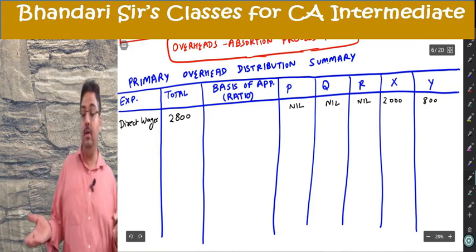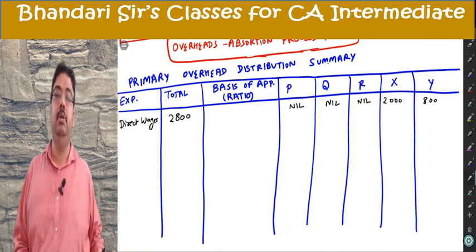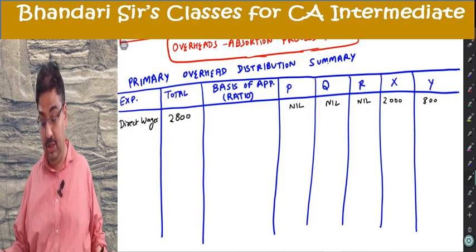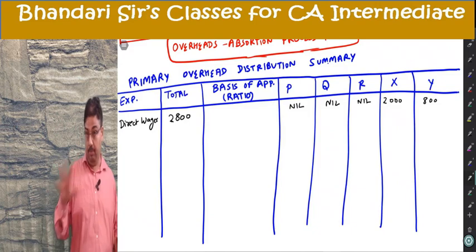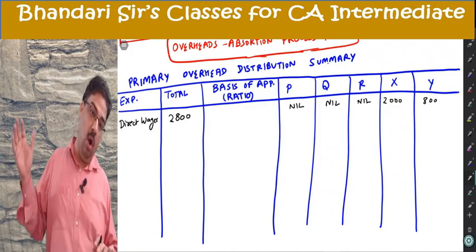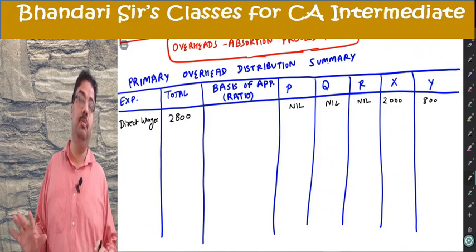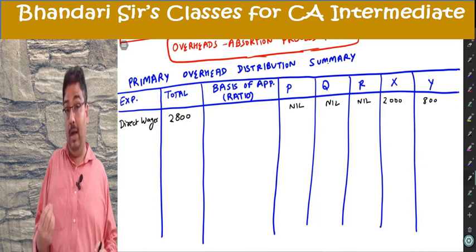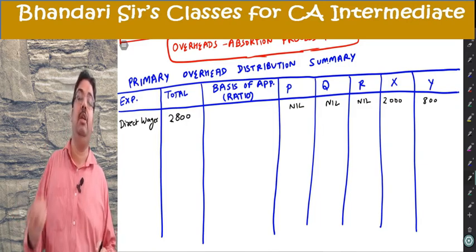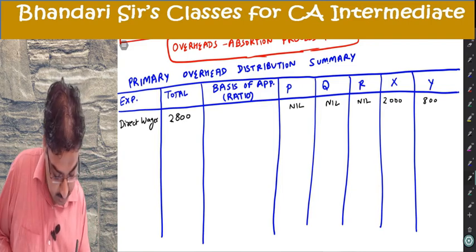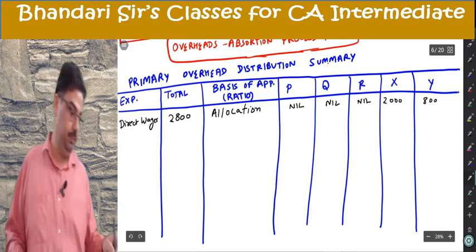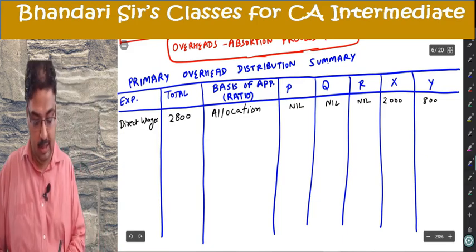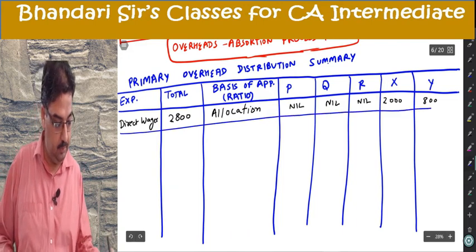Why are you given direct wages of other departments? To get the ratio for indirect wages or anything else, like sundries, for which it is used for reapportionment. There all departments will be considered in the ratio. But as an overhead, only service department direct wages will come. Basis: is there any basis? No, it's allocation. It is an allocated expense given to me. This is the first item.